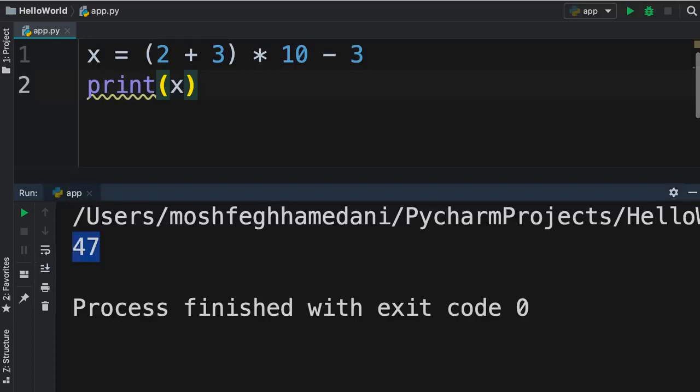So this is all about operator precedence. It's a very important topic, and I see it quite often in Python tests. So if you're preparing for a Python